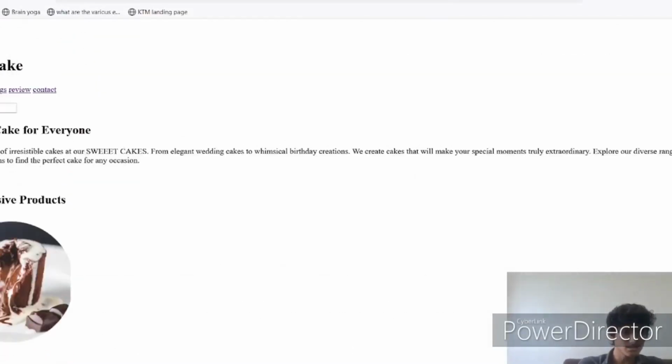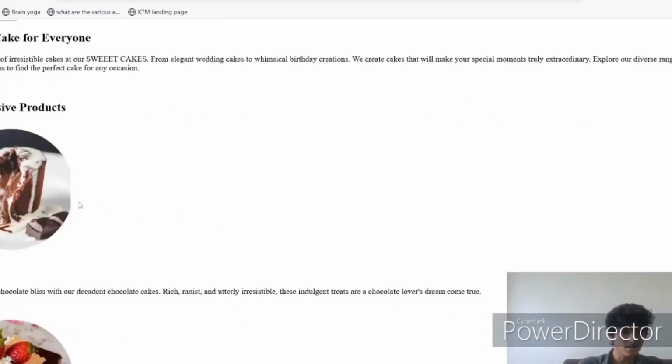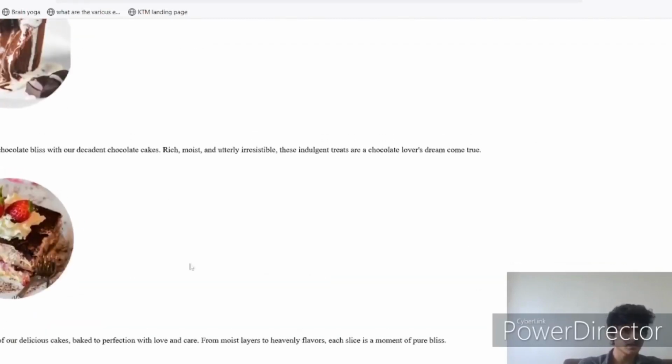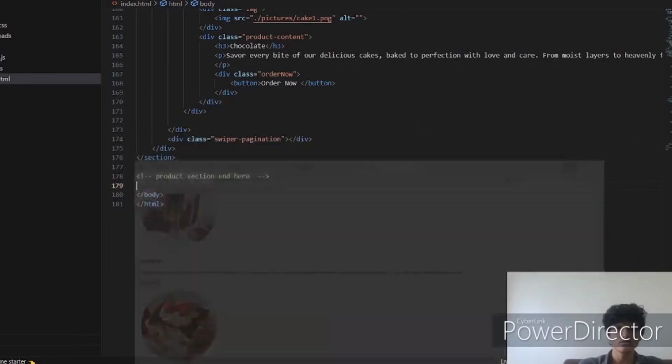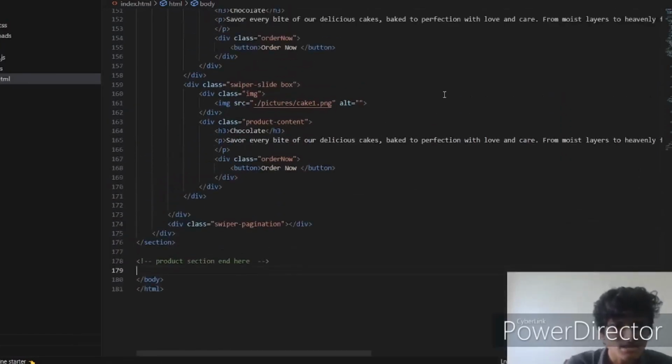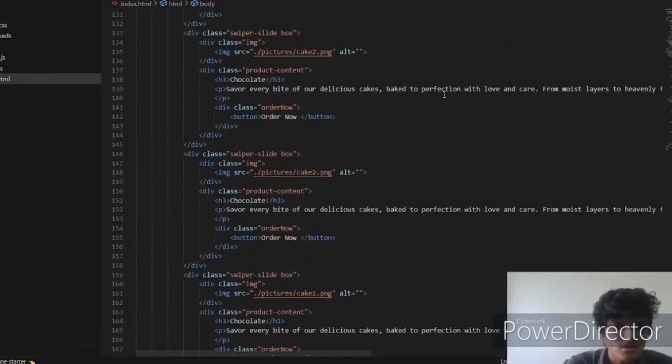This is where it starts. So we have given our exclusive products. The heading has come with the image, the heading underneath it, the paragraph, and the order now button. So maybe I guess we've just given it for 2. We can maybe copy paste because I feel 2